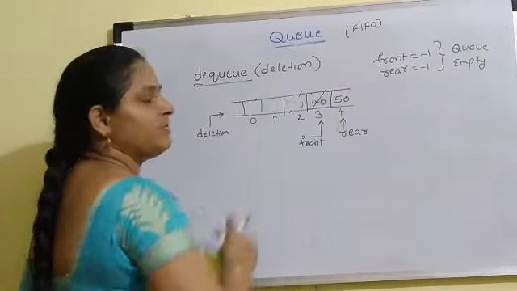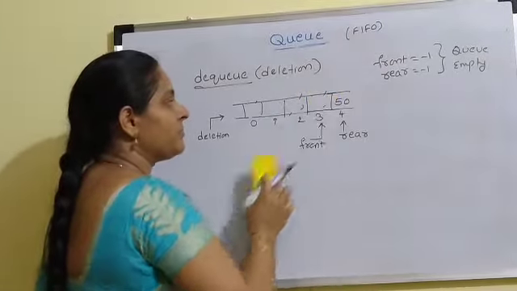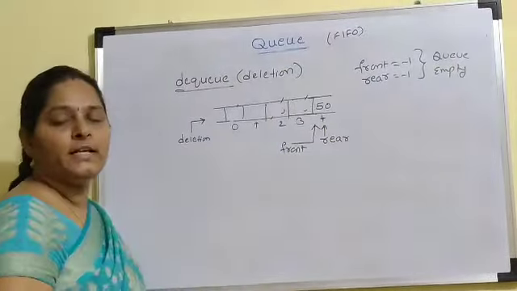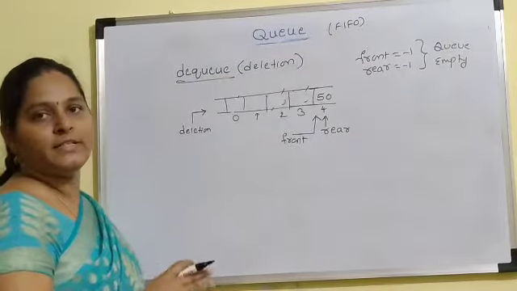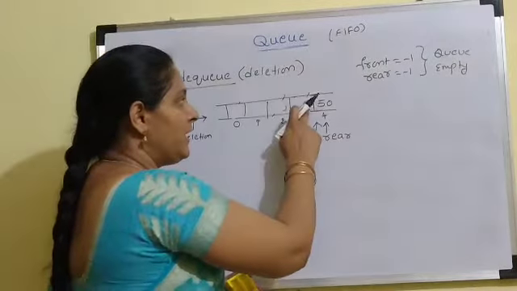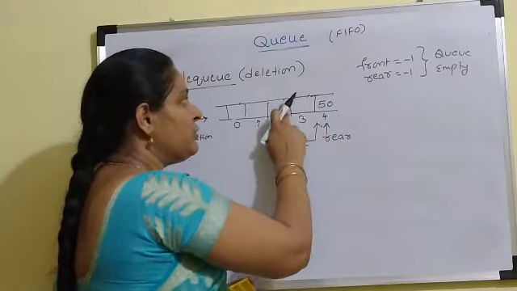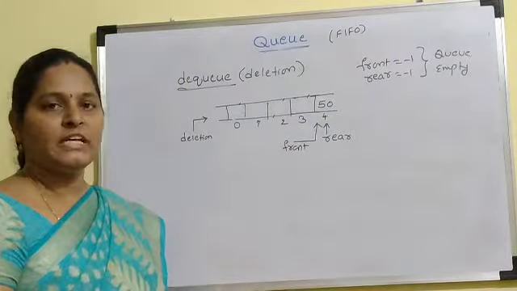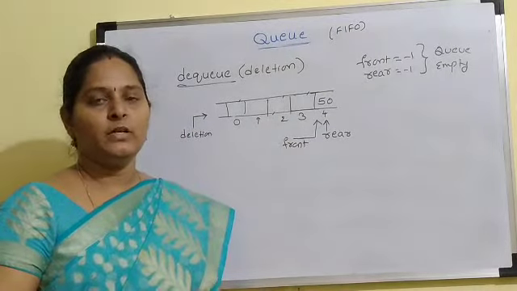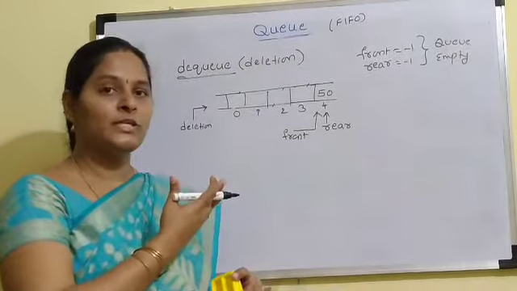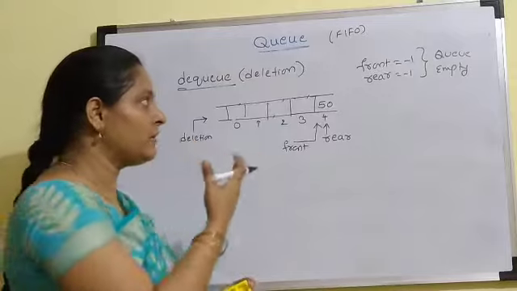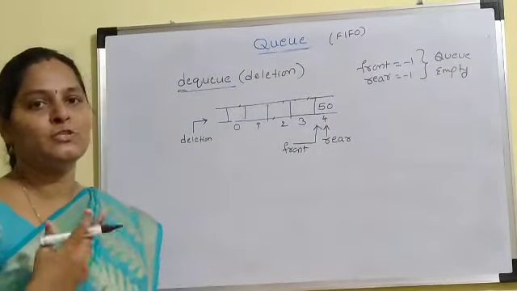Now if you want to delete 40, remove 40 from the memory and increment the front pointer by 1. Now the front pointer points to the last index, that is the 50 element. Now in our queue, we can see that it contains only one element. If it is on the board, we can say that our queue contains one element. But if this queue is stored in the computer memory, how can we recognize whether the queue contains one element or 2 elements or 3 elements?